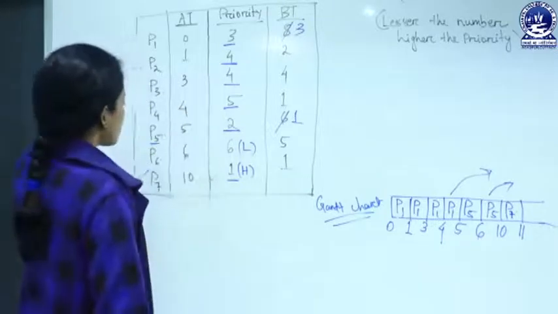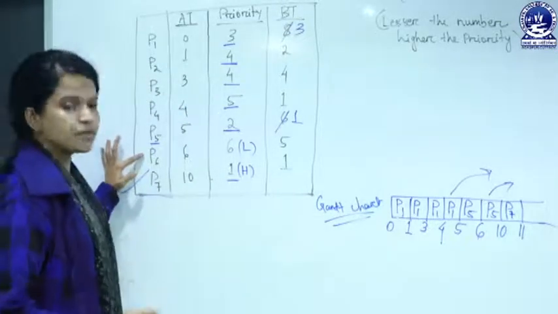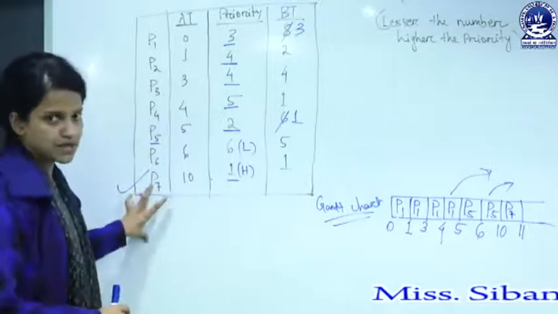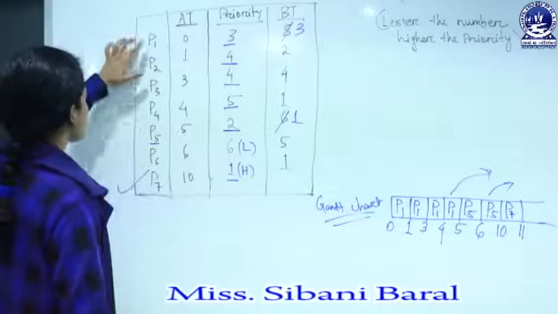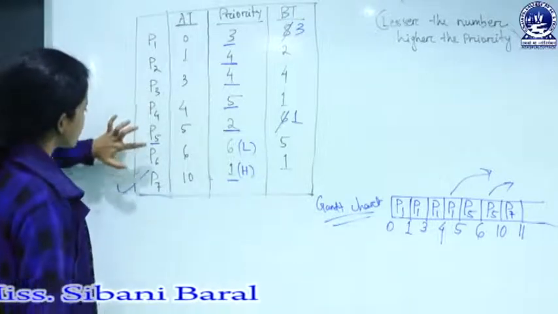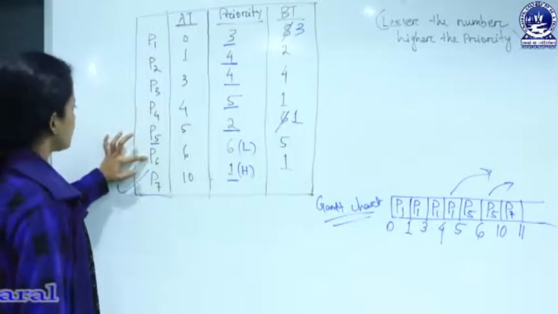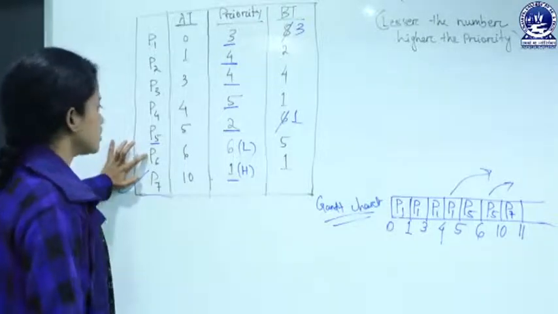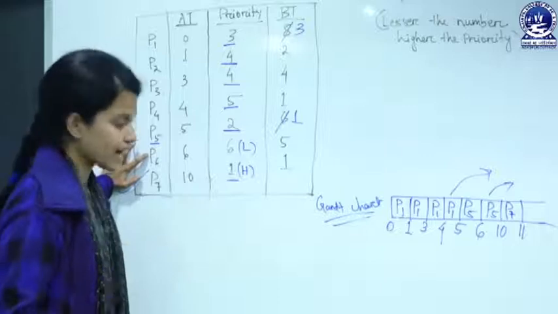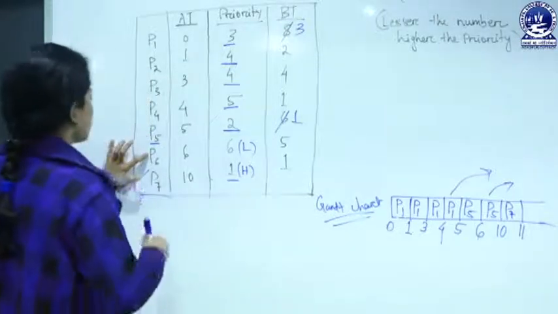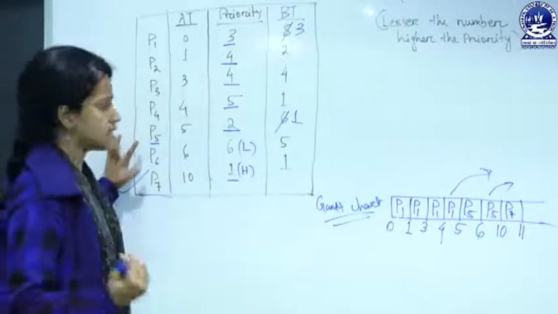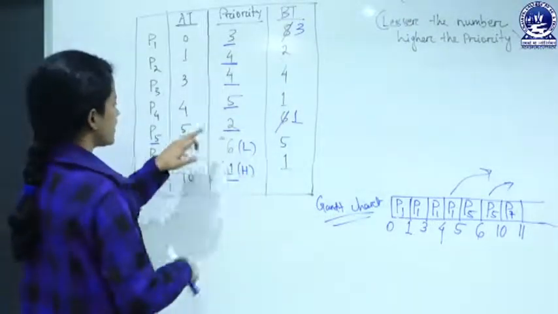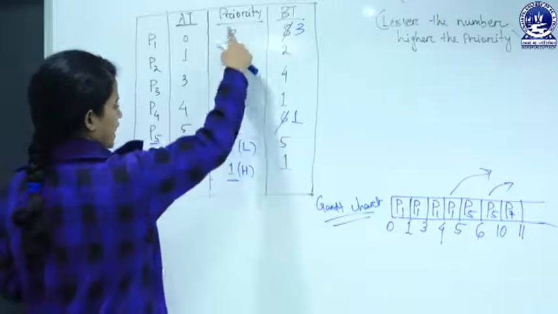Okay. So now in ready state, how many processes are there? All the processes except P7. P7 has completed. So now P1, P2, P3, P4, P5 and P6 are there. Okay. Now 6 processes are there and we have to check which is having the highest priority. At 11 milliseconds, which process would be allocated to the CPU? So check out priority. In priority, the highest priority is 2. I guess 2.